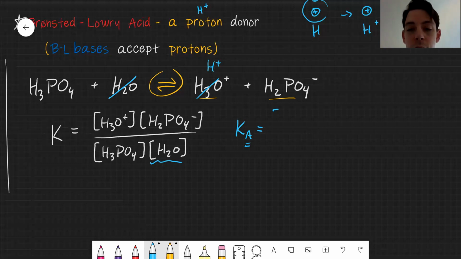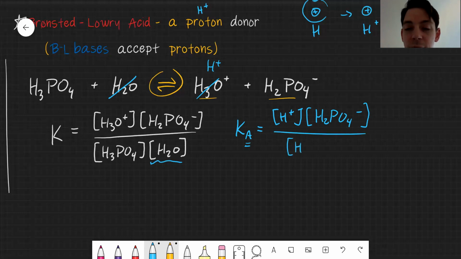Okay, so this is going to show H plus and dihydrogen phosphate in the numerator, and the denominator simply has the phosphoric acid. Okay, makes the expression a little bit simpler. And this is our expression for the acid dissociation constant. For phosphoric acid, it is about